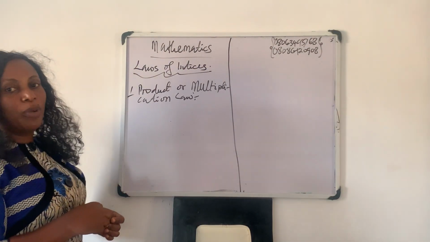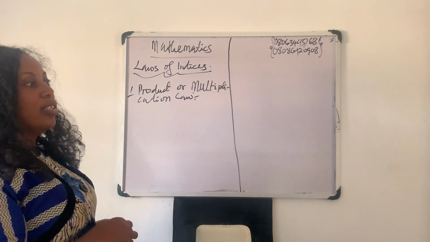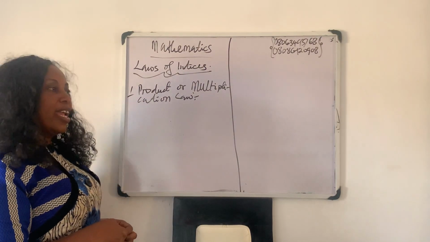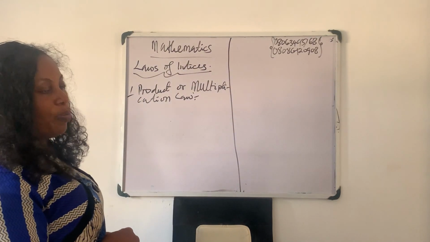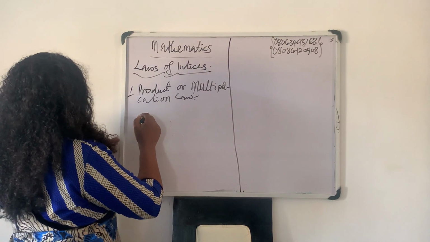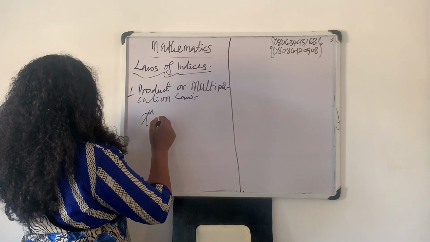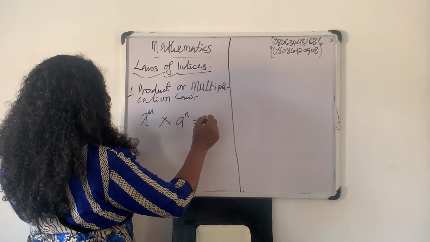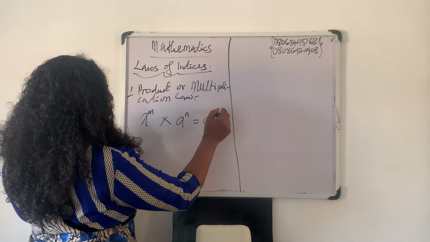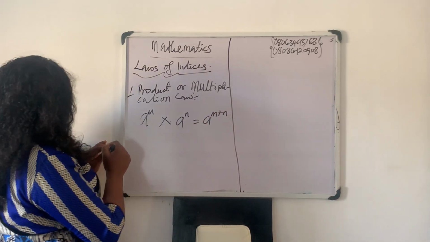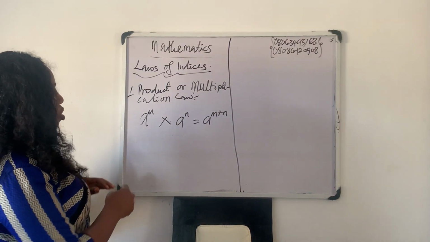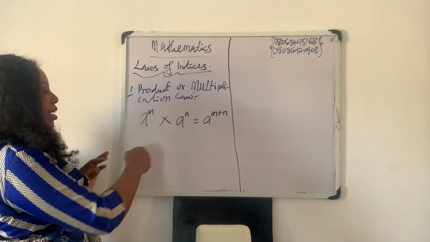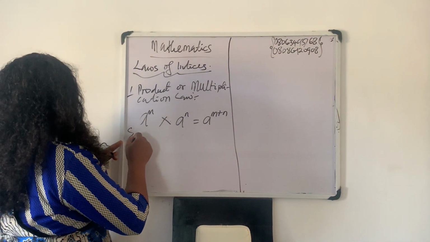The product or multiplication law says that a raised to the power m times a raised to the power n equals a raised to the power m plus n. What this means is that when two numbers with equal bases are multiplied, their powers are added. For example,